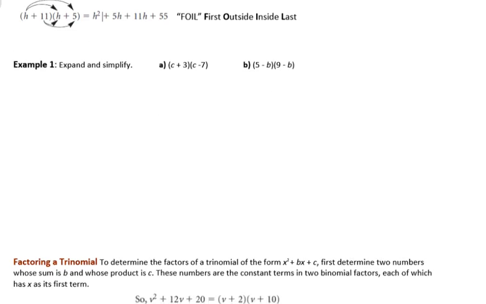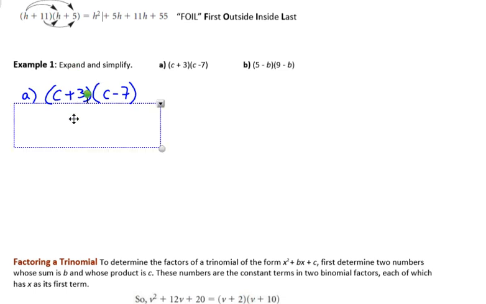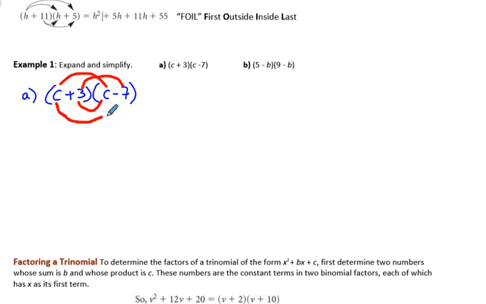For the first example, we're going to expand and simplify. So if we take our binomial, two binomials, or two factors, okay, we're going to make sure that the c is distributed through. So I'll draw some arrows here. So we're going to take this c and multiply it with that c, this 3 and multiply it there, and then we're going to get 3c multiplied, and then the last ones. Okay, and what that would look like